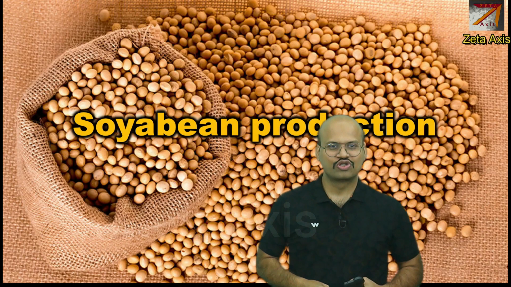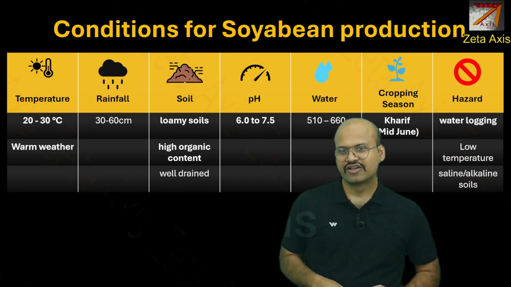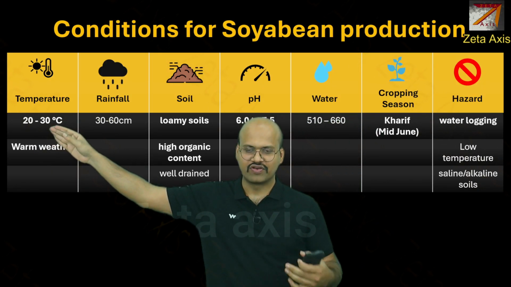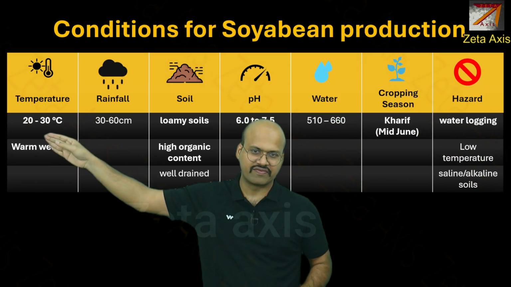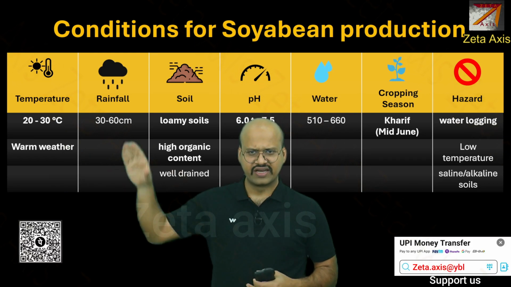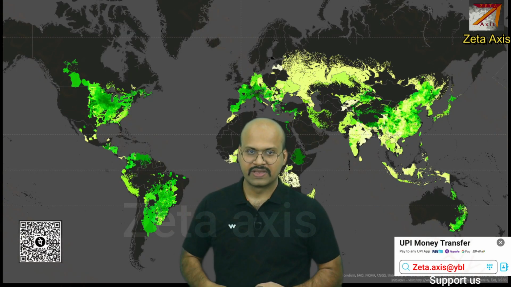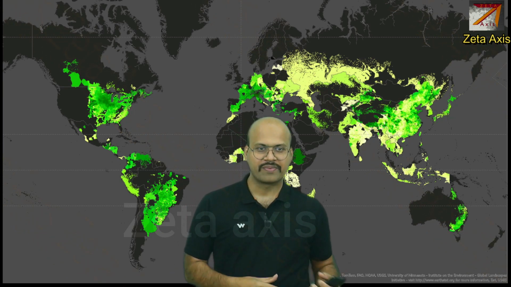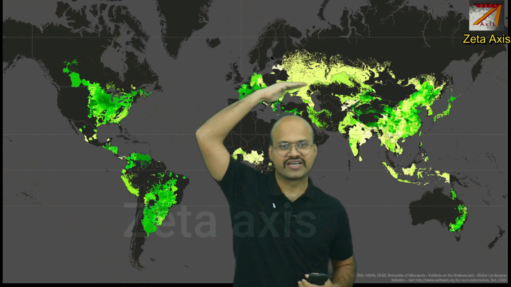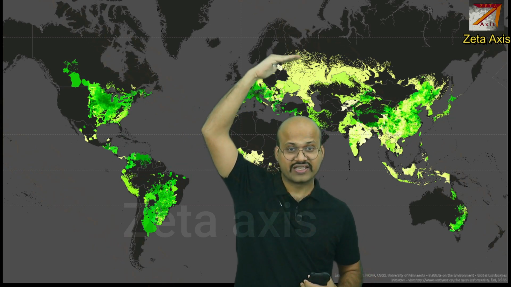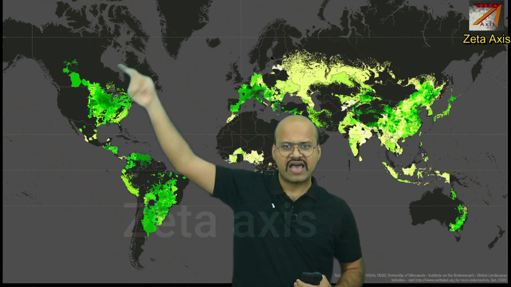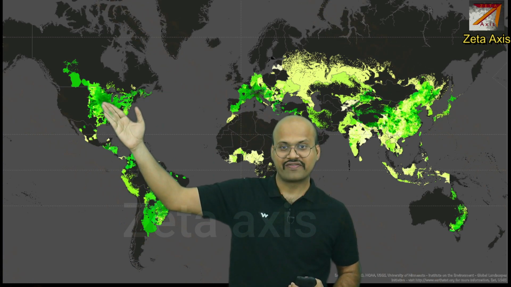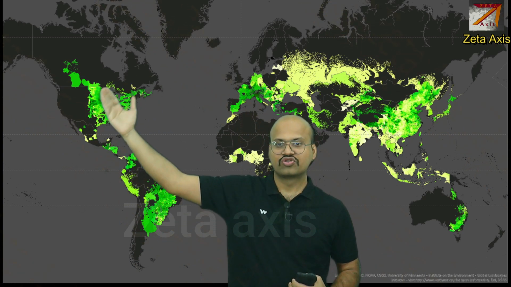Now let's see soybean production in North America. So we can see that it requires relatively warmer temperature, but it can survive in cooler temperatures as well. It requires less rainfall. So here is the global distribution of production of soybean, and we can see that it extends into the higher latitudes, both in the northern hemisphere and in the southern hemisphere. In fact, in Asia as well as in North America, we can see that soybean is produced in